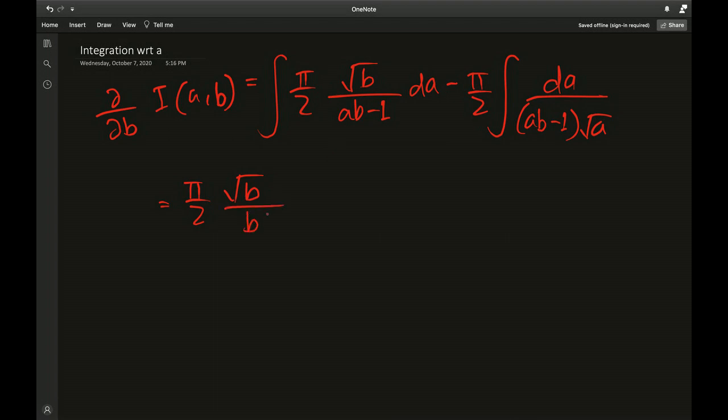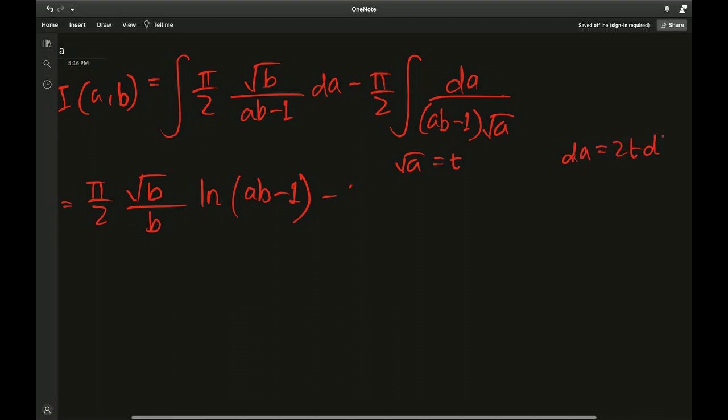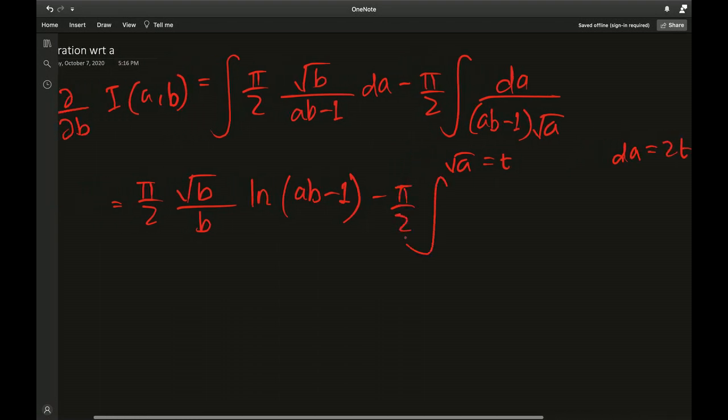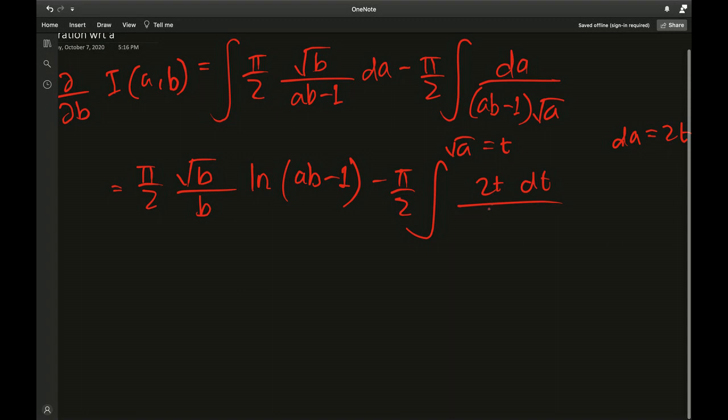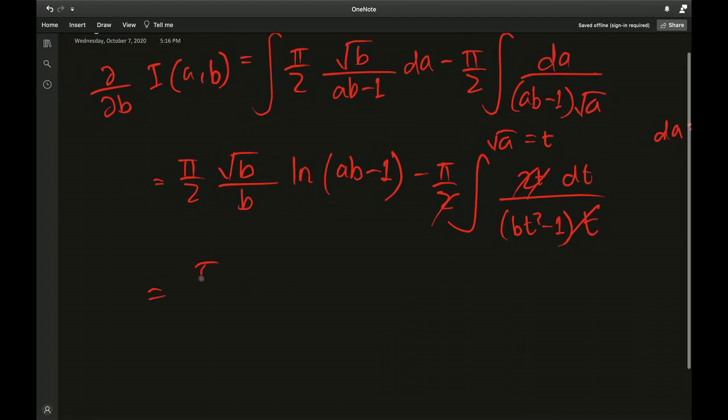I have to divide by b because I have the natural log of ab minus 1, minus, now I want to let square root of a equal t, so da will be 2t dt, pi over 2, and then I have 2t dt divided by bt squared minus 1, and square root of a is again like t, so the 2 goes off, the t goes off, and here we have pi over 2 square root b natural log of ab minus 1 minus